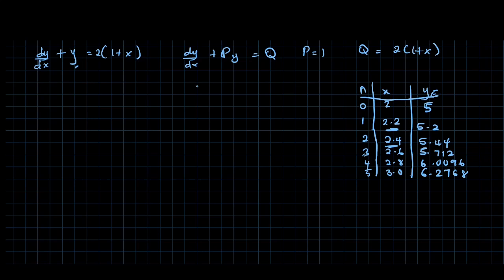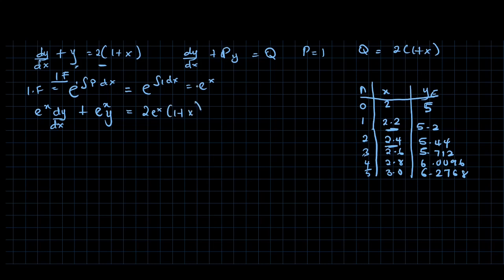x). Now how to solve this is you first find what we call the integrating factor. Integrating factor IF is simply given as e raised to the integral of p dx. In case you don't know how to solve differential equations, I'll link a video where I taught this in the description box. So this is going to be equal to the integral of what? 1 dx, so that's simply e raised to x. Now you multiply through the entire equation with e^x, so that will become e^x dy over dx plus e^x y equals